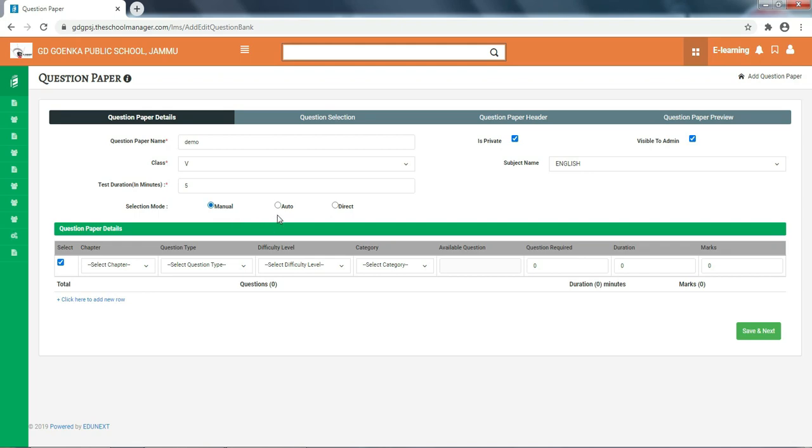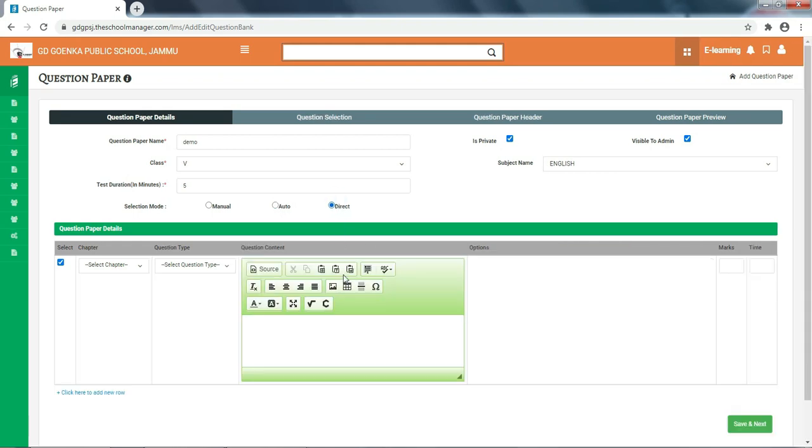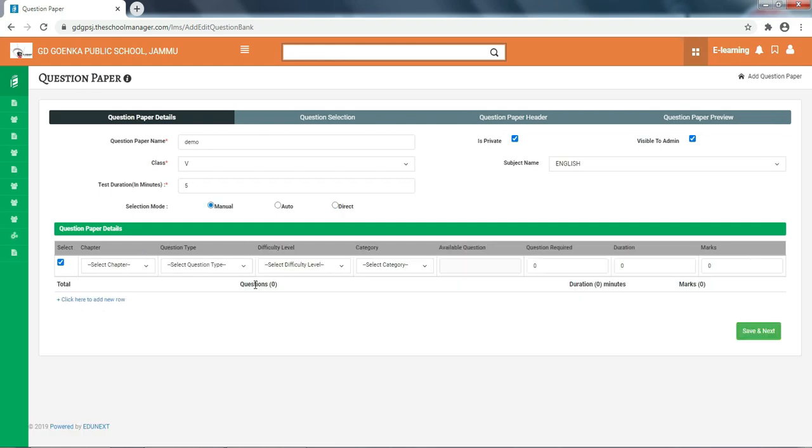That is why that radio button is there. In the auto button, if you have to select all the questions from the chapter, then this auto radio button is there. And the direct radio button is to create a direct question here, either subjective or objective, in any chapter. So we will select manual here.